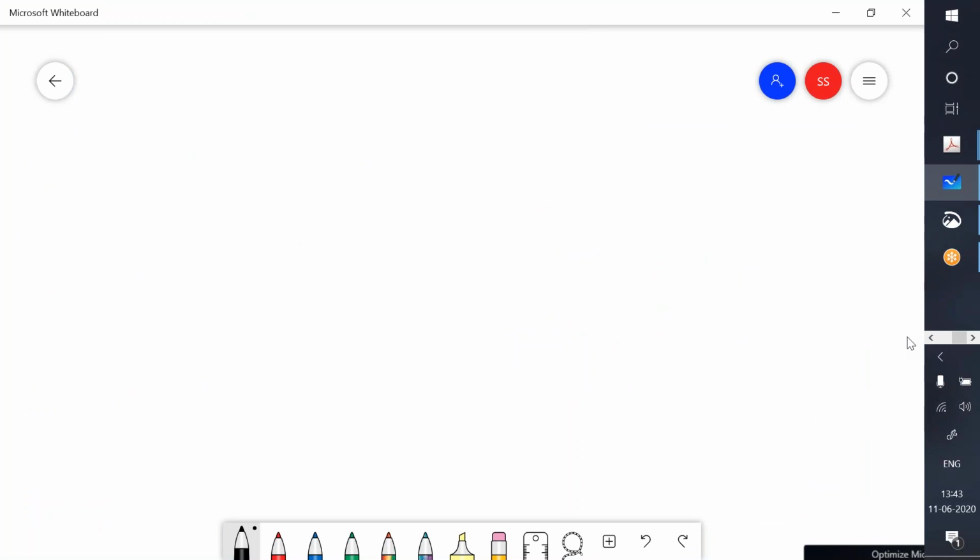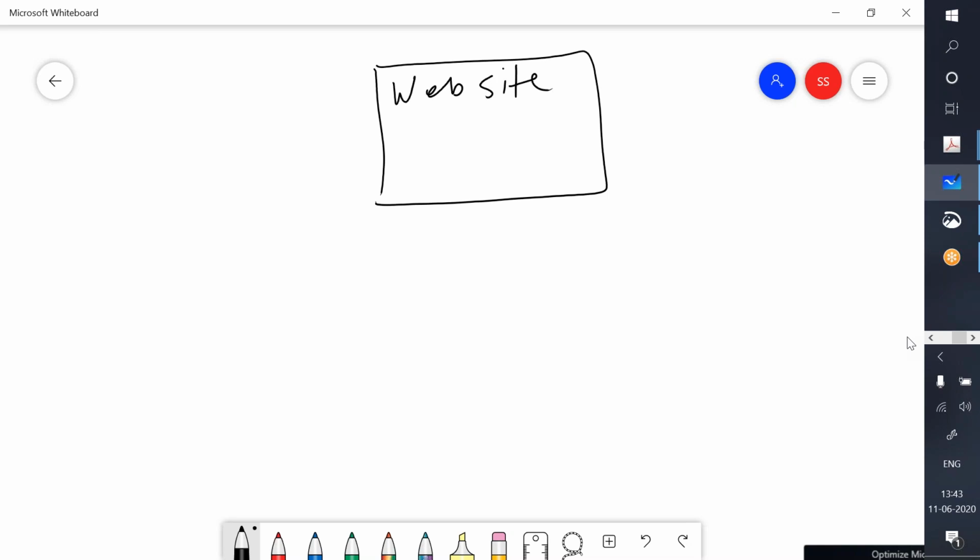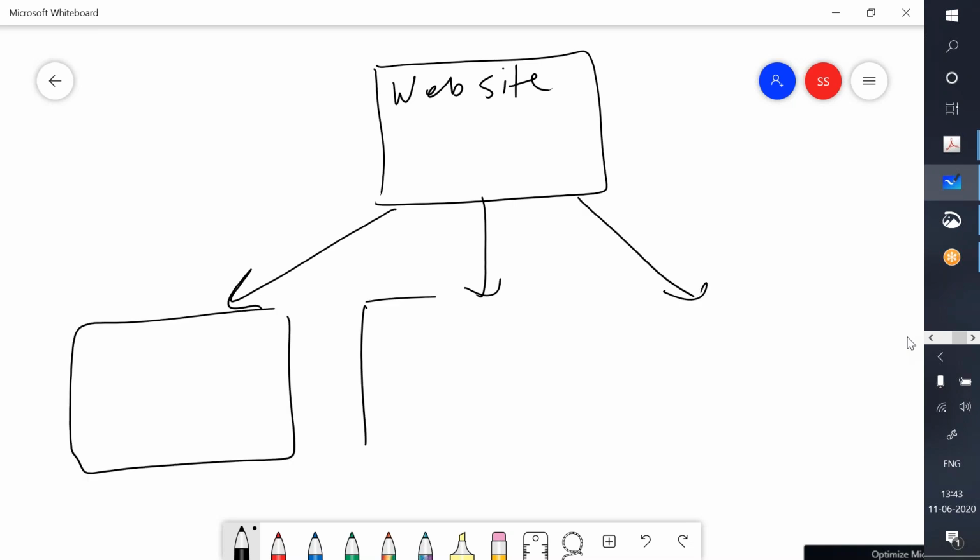You need to work on this problem as well. In this inheritance hierarchy, we will consider a base class as website. From this class, we will derive three more classes.